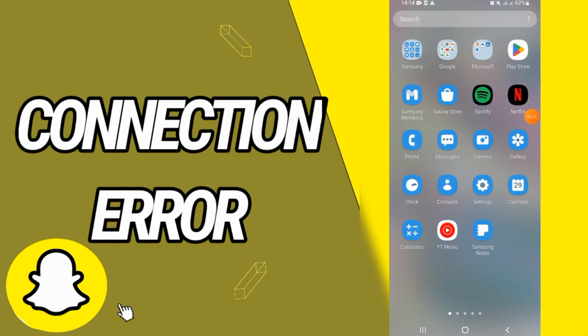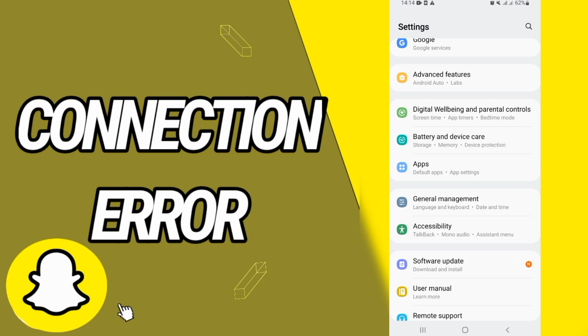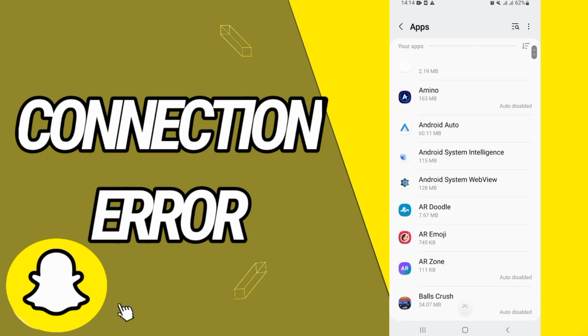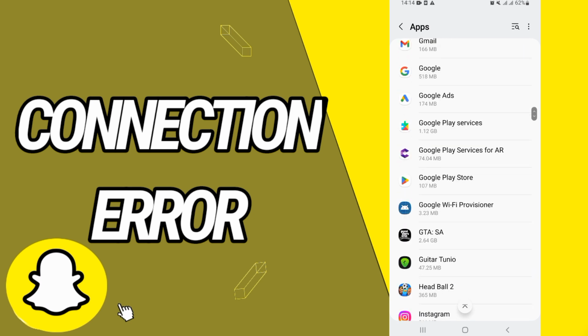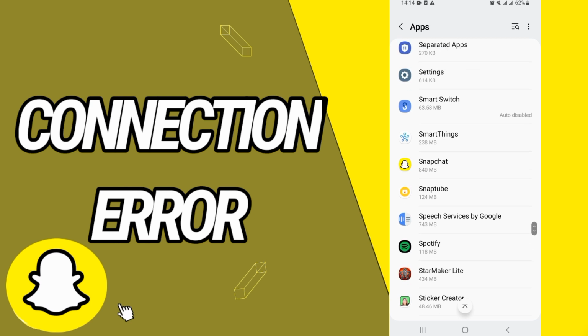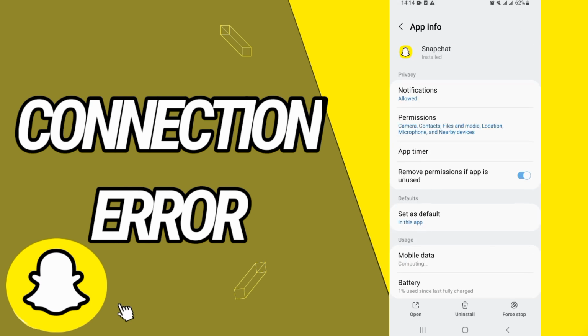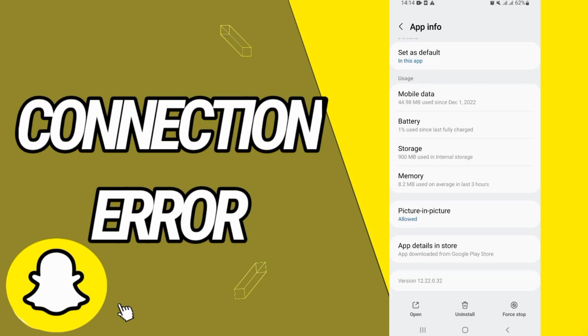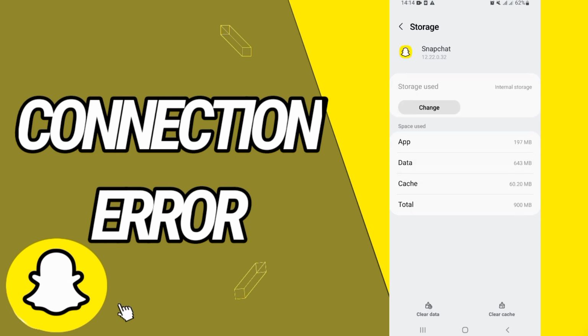First you will just open settings of your phone, and you will go directly to apps or applications, and on apps or applications you will search for Snapchat, and when you found Snapchat, just open it like this and then go to storage. And as you see on storage, go to the last button here in the bottom of the